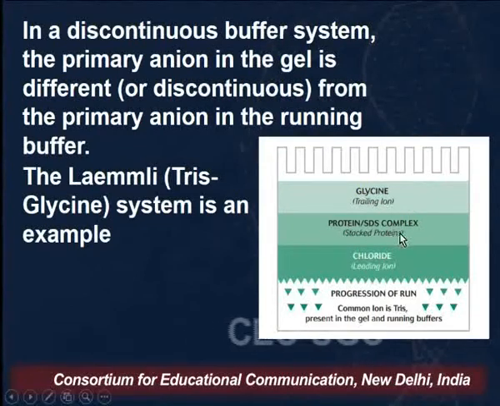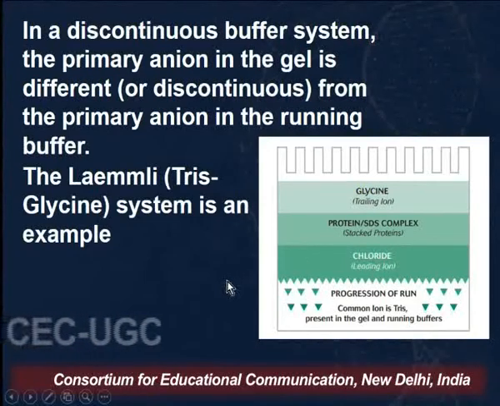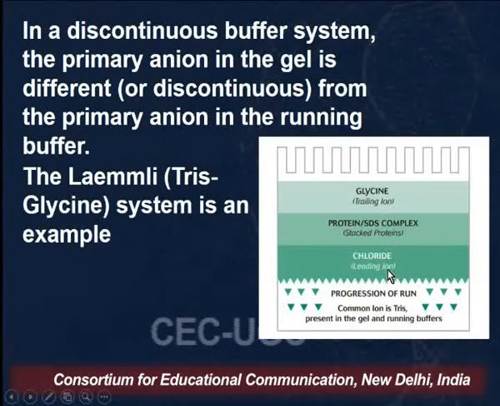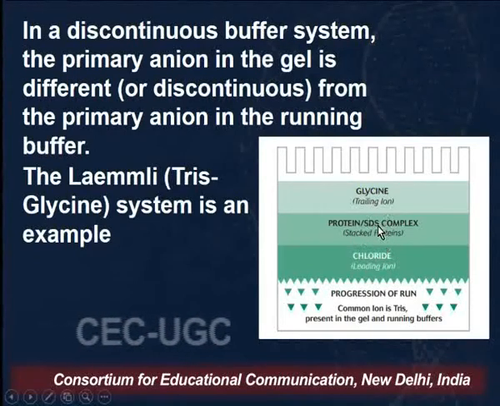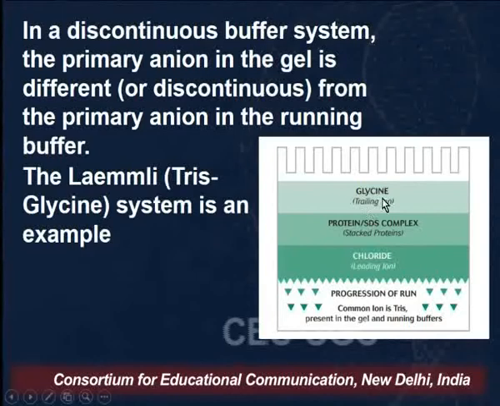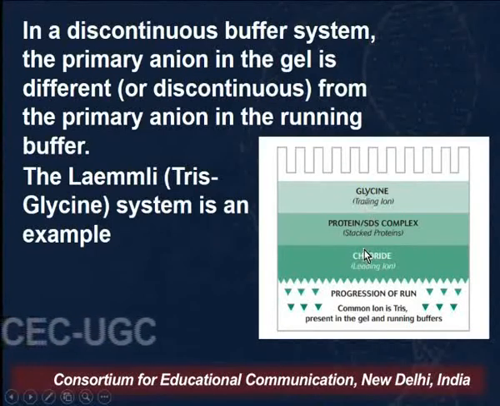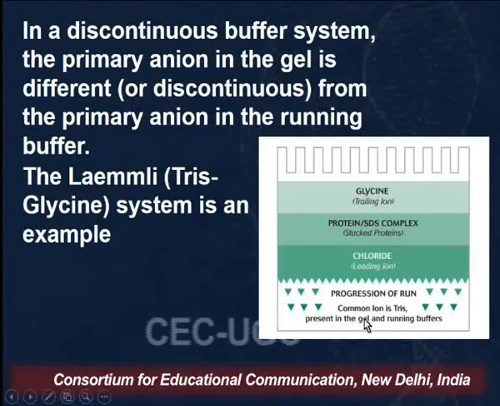For making the gel, we are using Tris-chloride. So Tris is a common ion in both the gel as well as in the buffer system, but in the gel we are using Tris-chloride and in the buffer system we are using Tris-glycine. The chloride runs in front, in between runs the Tris-protein complex, and then the trailing ion is the glycine ion. So this creates a tight packing or stacking in the gel